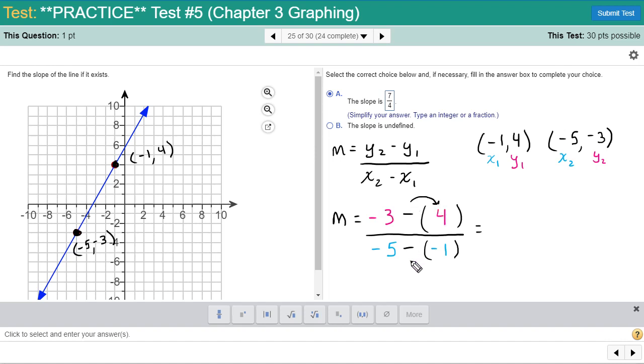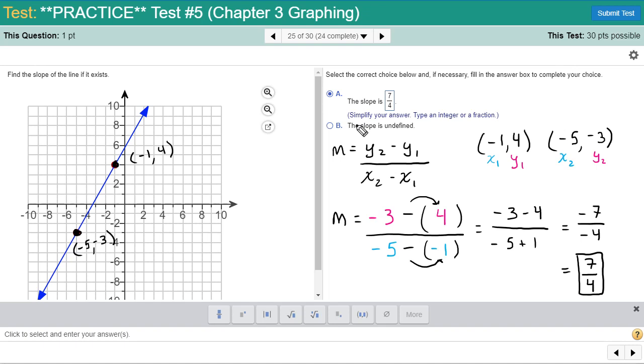All right, fair enough. Let's see what we end up with when we clean this up. Let's distribute here, distribute here. So upstairs we have negative 3 minus 4 all over, and downstairs we'll have negative 5 plus 1. So when we clean this up, negative 3 minus 4 is negative 7 over, and downstairs negative 5 plus 1 is negative 4. And remember, a negative divided by a negative is always positive, and so we end up with the slope 7 over 4, which is exactly what we got when we found the slope using the visual approach,